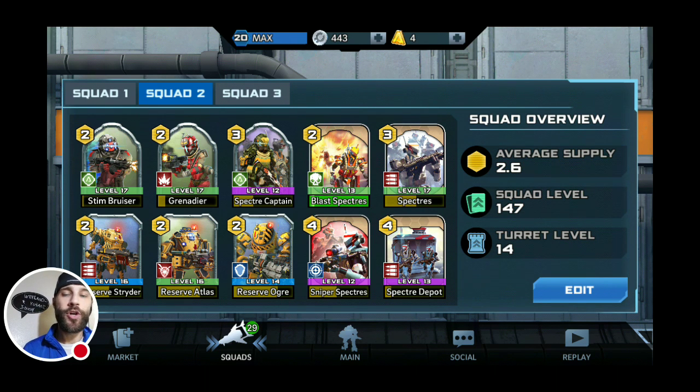Very exciting episode. A lot of cards that we're going to be looking at today. The Spectre cards. As you can see here up on the squad that I have designed to showcase these Spectre cards, we have the Spectre Captain, Spectre Snipers, Blast Spectres, and Spectre Depot. So before we get into our topic, which is Spectres, let's get into some news going on in